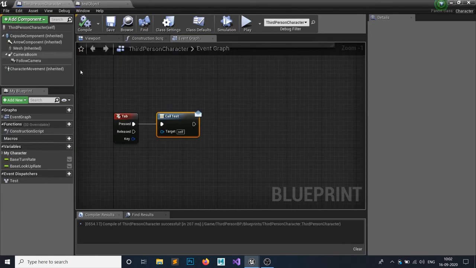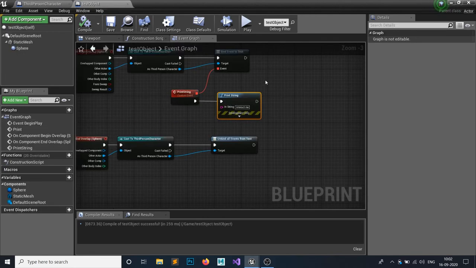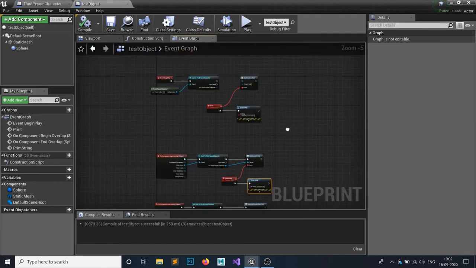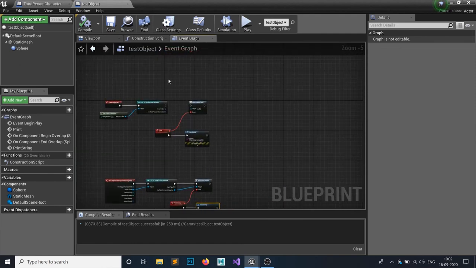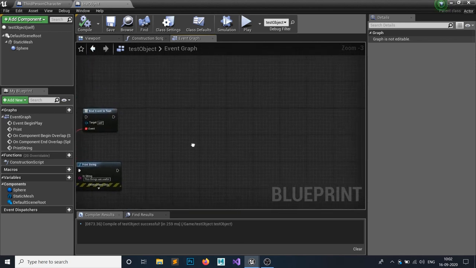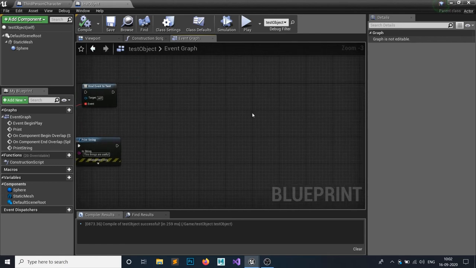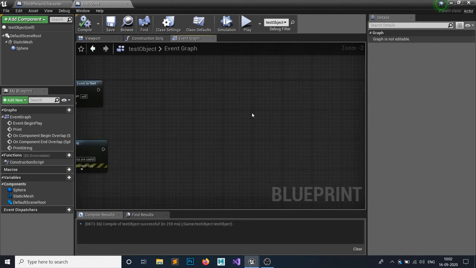And whenever this is called, it will call all the events which are bound. So if there are 5 events bound, then this will call all the 5 events. So consider something like this. There is a lamp, and the lamp should be turned on when there is a dawn, and the lamp should be turned off when there is a dusk. So in the morning time, we can call an event dispatcher and tell it to turn on the lamp and tell it to turn off the lamp by just the dispatcher thing, rather than doing an array and a for loop.